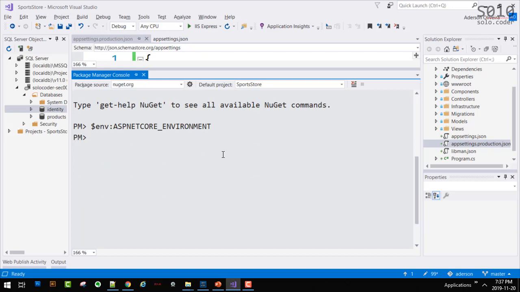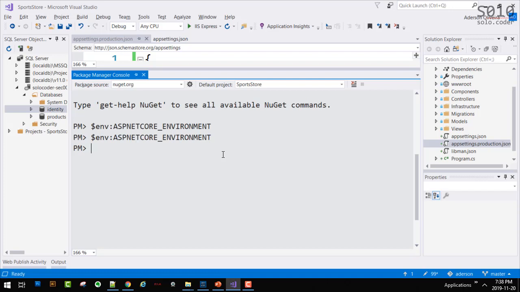When I hit enter, this command reads the value of this variable and prints it out. But right now, it's empty. There is no value here. So that's the reason why when I hit enter, it doesn't show anything, because it's empty. Because it's empty, it uses appsettings.json.